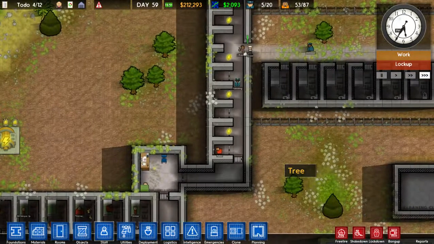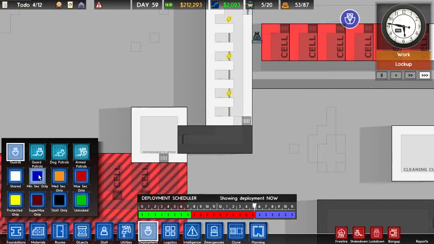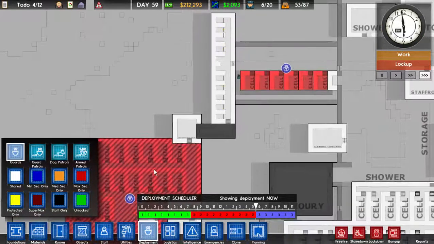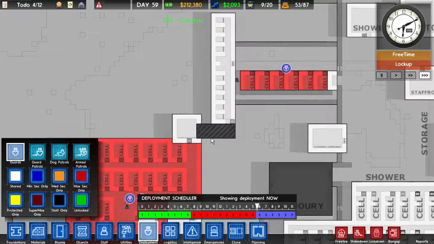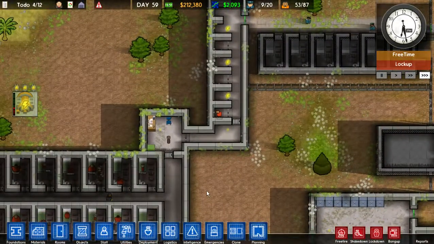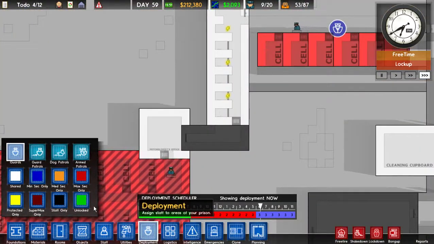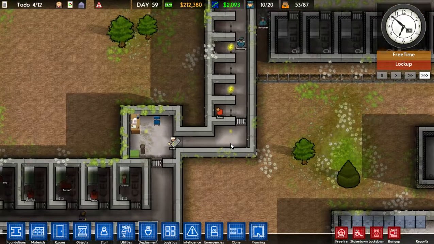Alright, and speaking of deployment, we can assign minimum, medium and maximum security to all the buildings, and that decides where the prisoners go. This is staff only, that decides where the staff go. So, speaking of that, this is all good. I would like an option that says guards only, because as we can see here, we have a cook,